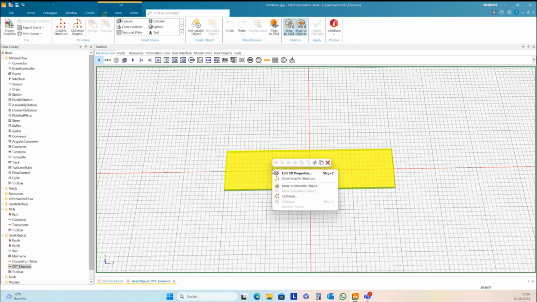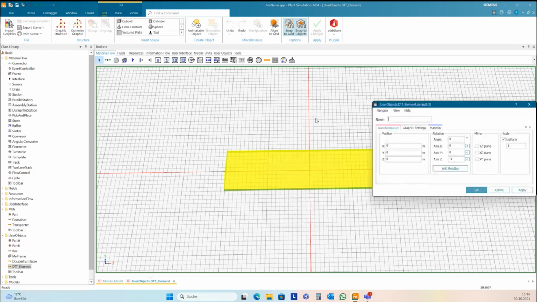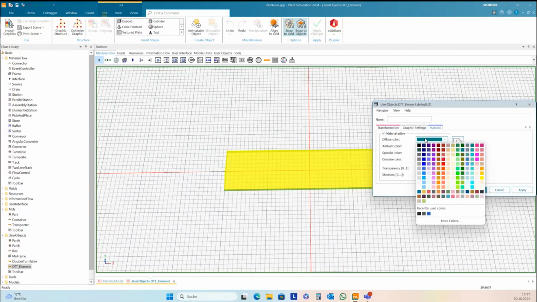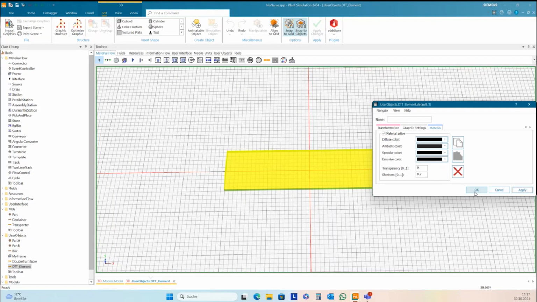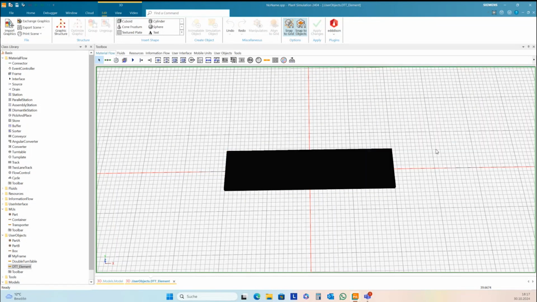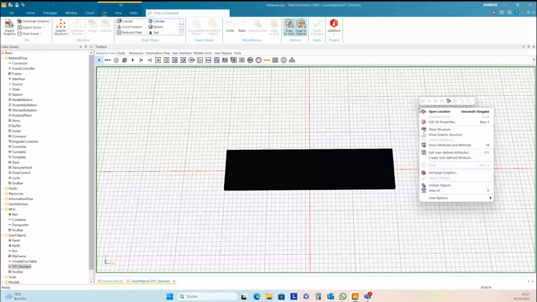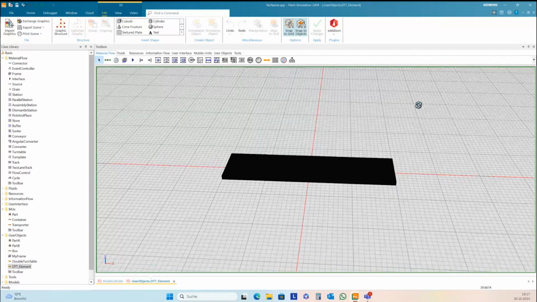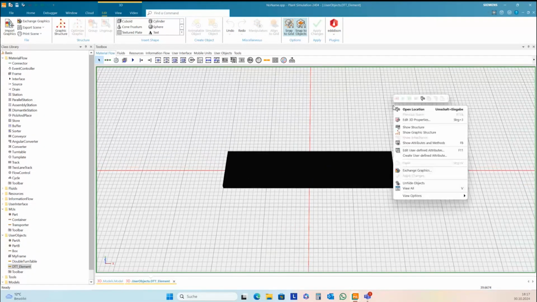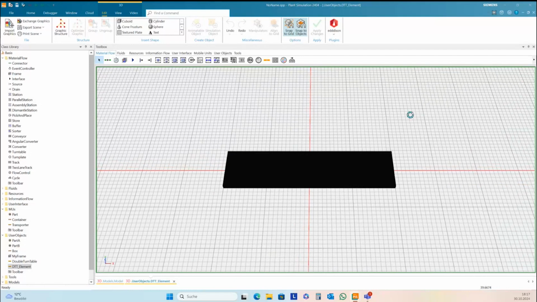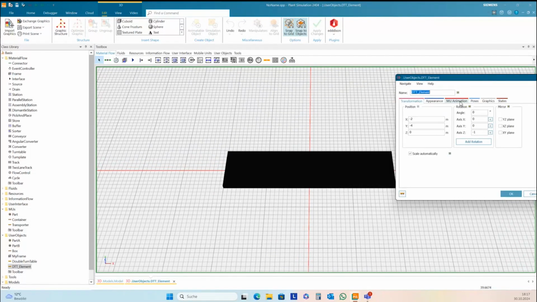Okay, we need another material here, maybe black. Okay, this is one of our lanes now, and we need to change the 3D MU animation.